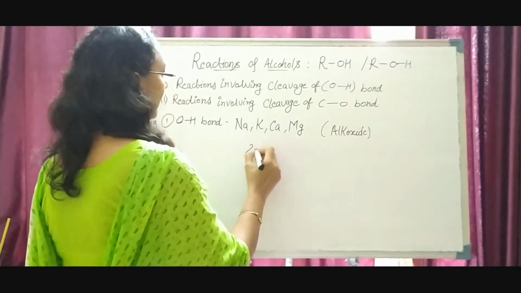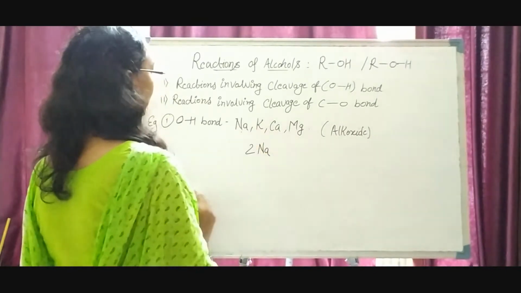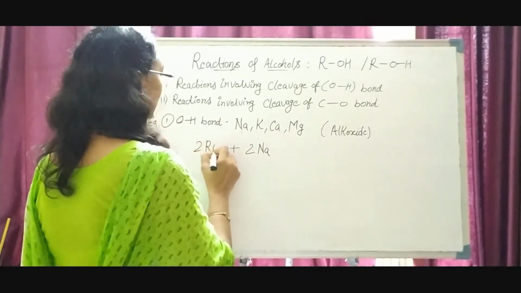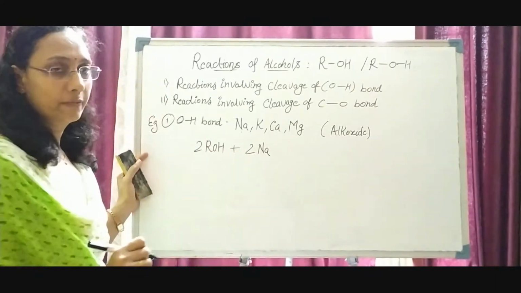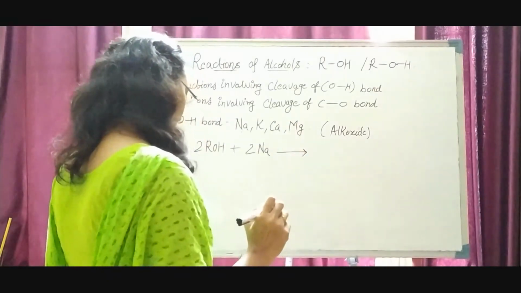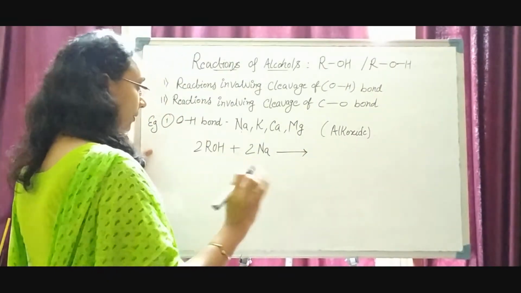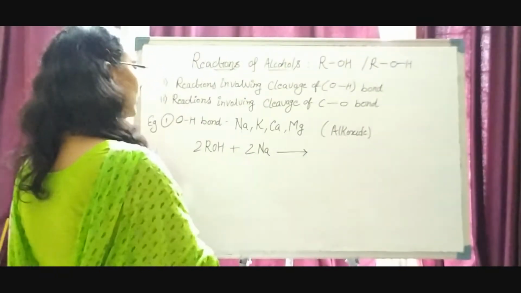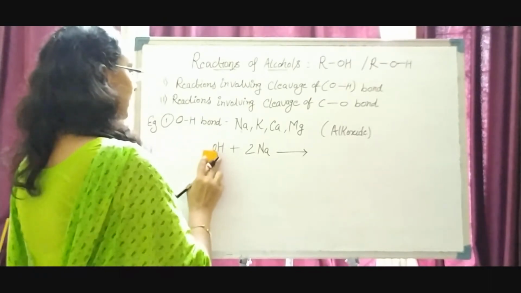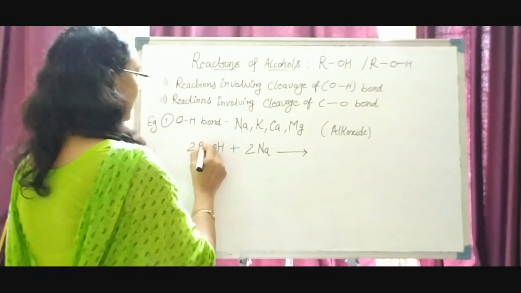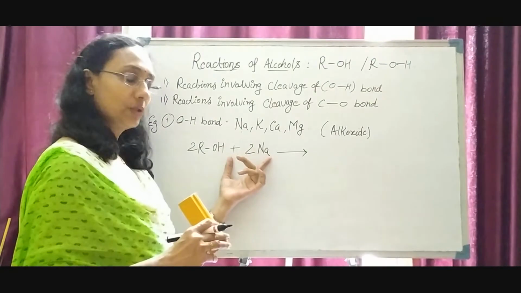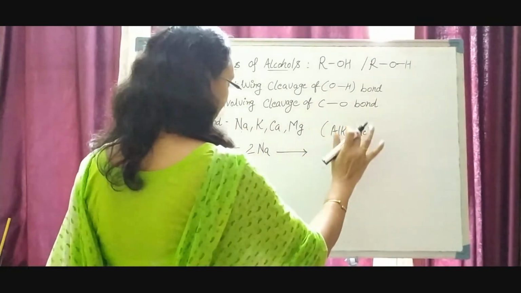You know that for any electropositive metal, we need to balance the reaction. So how many molecules of an alcohol will we use? 2 molecules of an alcohol and 2 molecules of an electropositive metal. Now we are going through the reaction with cleavage between the oxygen and hydrogen bond. So for our convenience, we will write this as ROH